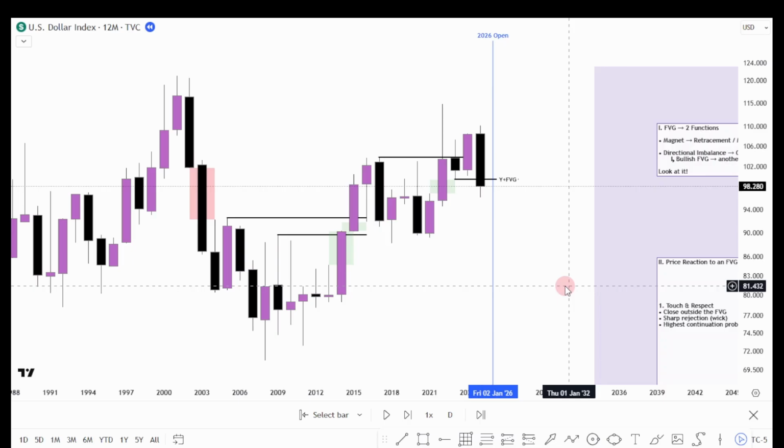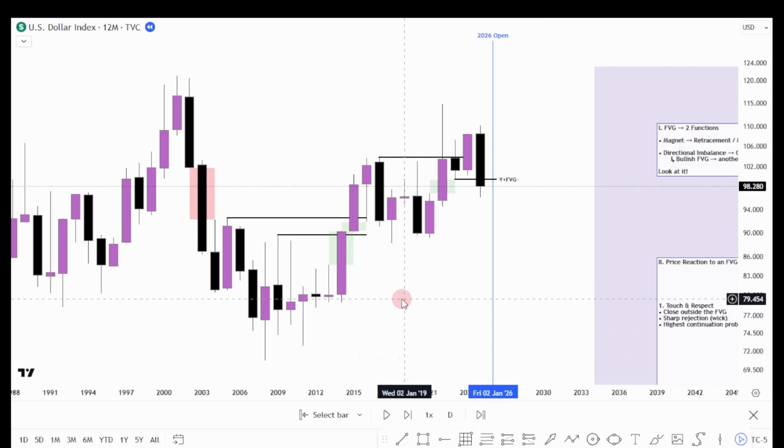when it fails to push for a new fair value gap, when it's violated for a reversal. Always look at the fair value gaps. And with this classification, you'll be able to position yourself in the market accurately and line up your probabilities with more confidence. And all of this can be applied in any time frame given, from the 1-minute chart up to the yearly chart even, like what we're seeing here.